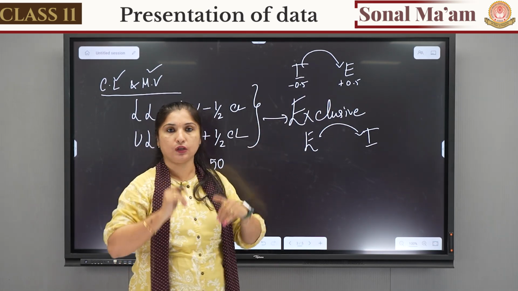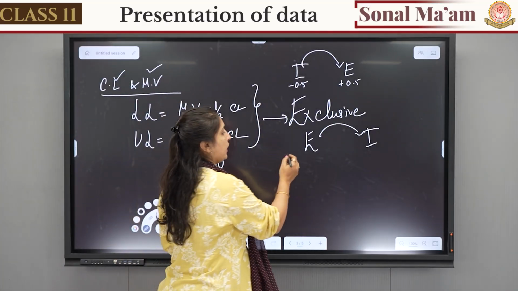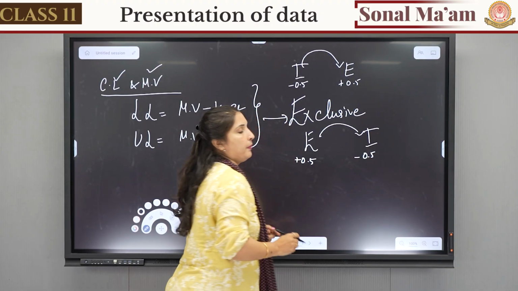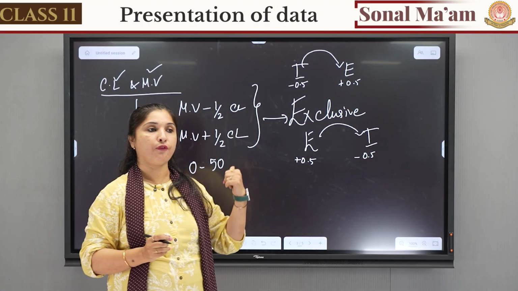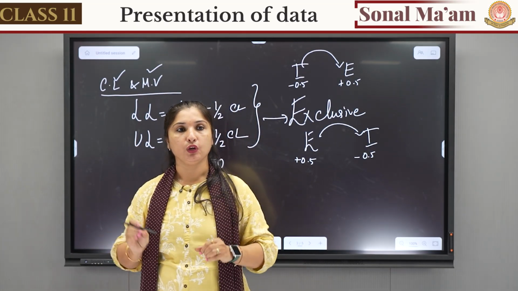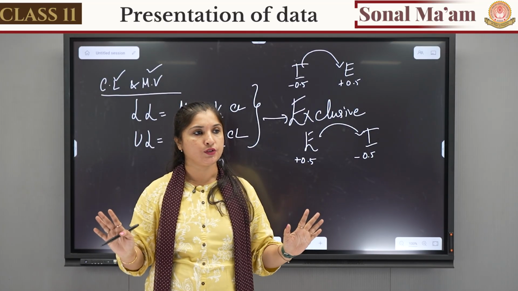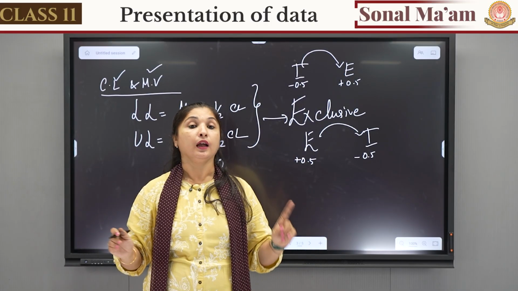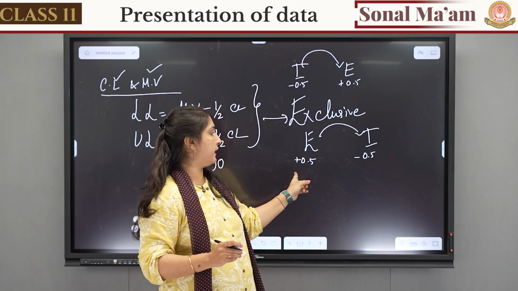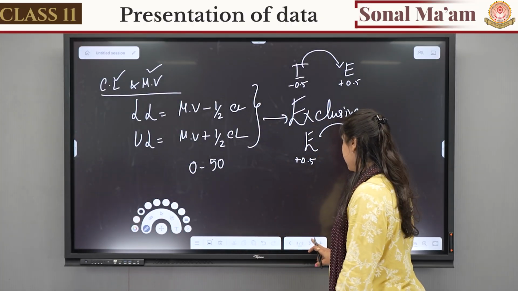Now here we got the exclusive class. Now we want to convert it into inclusive, so what will happen? The sign will change. Here it will be plus 0.5 to the lower limit and minus 0.5 from the upper limit. Is it clear to everyone? Very simple. Whenever we use the formula, whatever class we get will be the exclusive class. If an exclusive class is asked of you, very simple, don't change anything. But if the question is telling you to make the inclusive class, only in that case you will change it. Is it clear to everyone? Yes, we'll see a few examples.